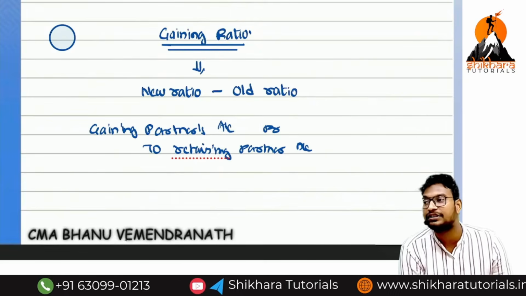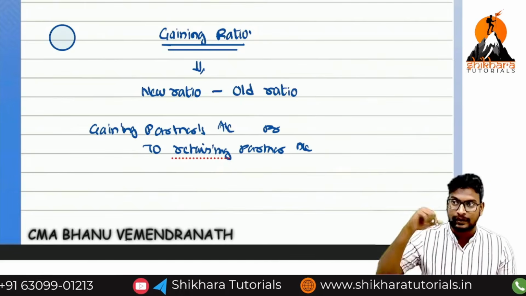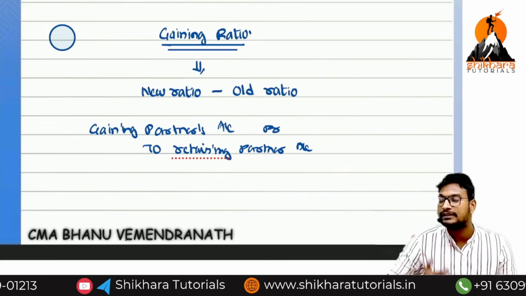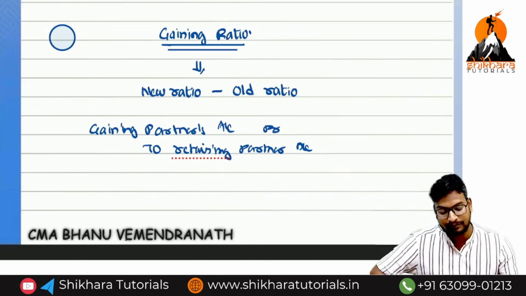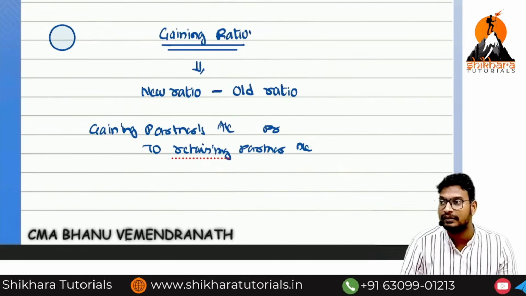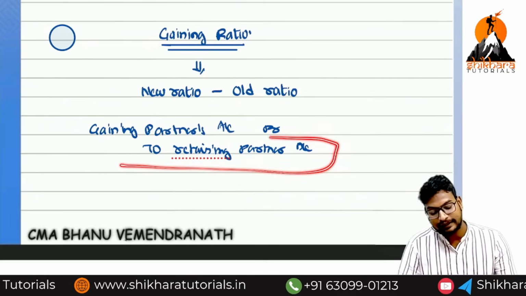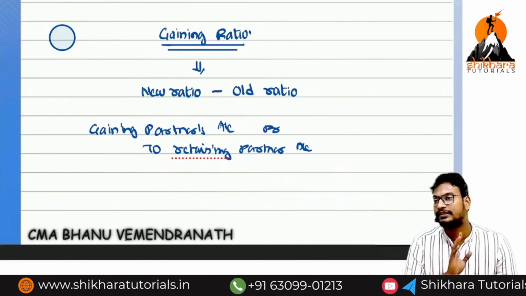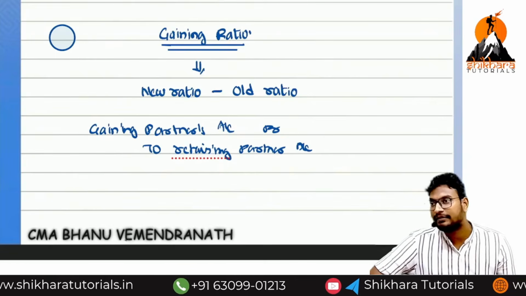Before that we distributed in the ratio of the sacrificing ratio. Previously in the admission, what is the entry we recorded? New partner account debited to sacrificing partners. Now which entry we need to record? Gaining partners account debited to retiring partners. There the new partner capital account we decreased and sacrificing partner account we increased. Now retiring partner's capital account we need to increase and gaining partners we need to decrease. The only difference is this one. Okay now, whatever the balance available,